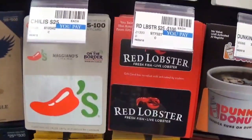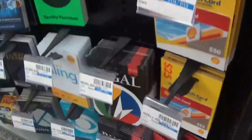All right, so the Chili's gift card, also the Regal gift card, they're on a buy 50, get $10 back in extra care bucks. So head into CVS, get your movie gift card and your dining gift card, and you have a Valentine's Day gift under 40 bucks,